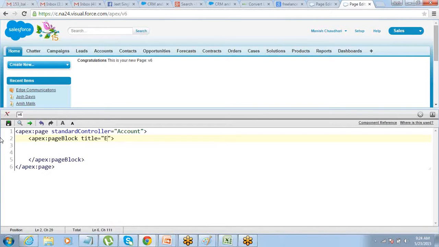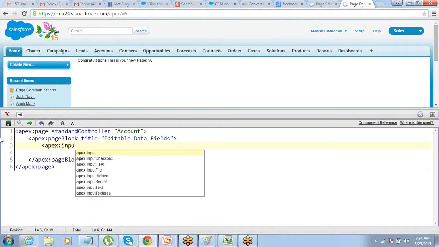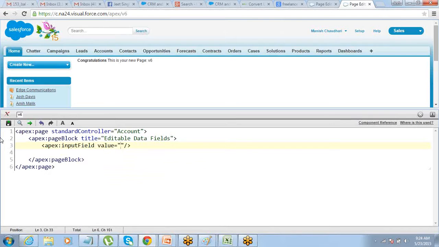Title, I say editable data fields. So just don't display the data, make them editable fields. For that you need another component which is called input field. In that input field you have an attribute called value where you have to define which field you want to display from that account.